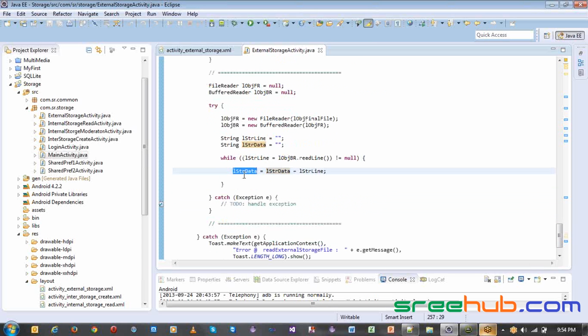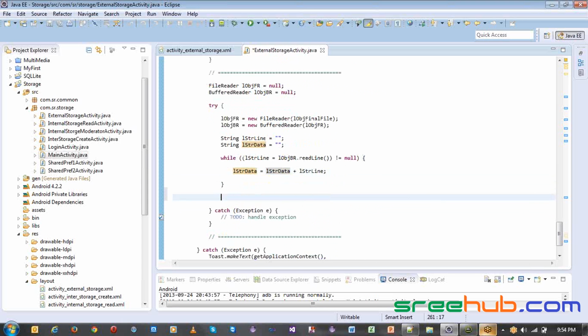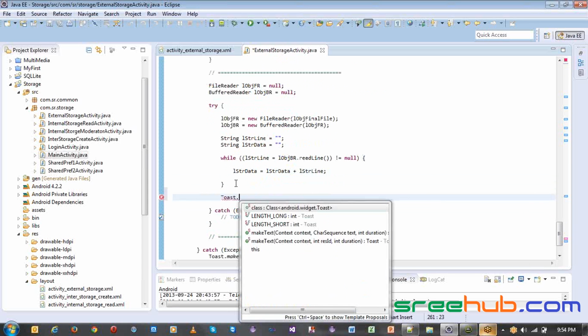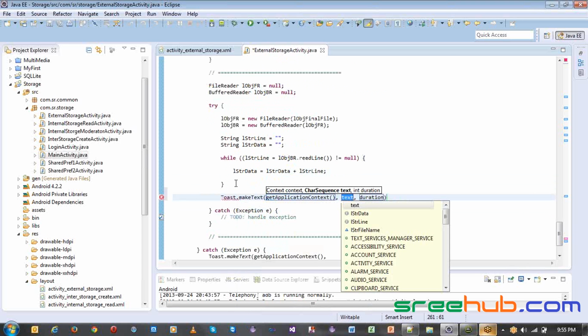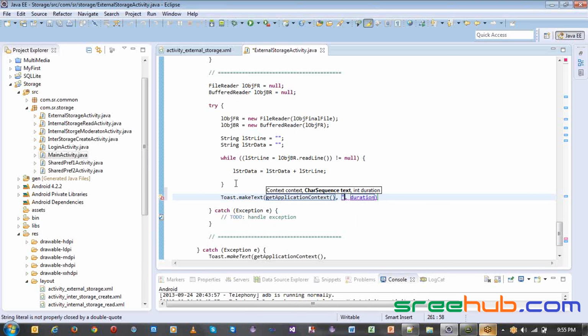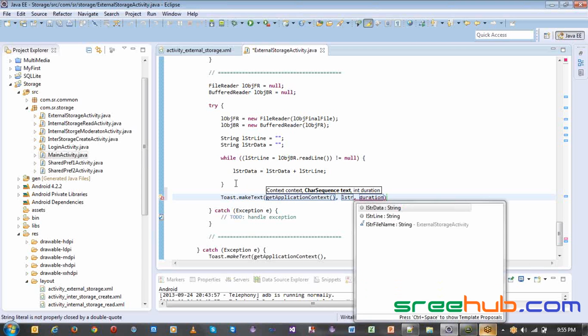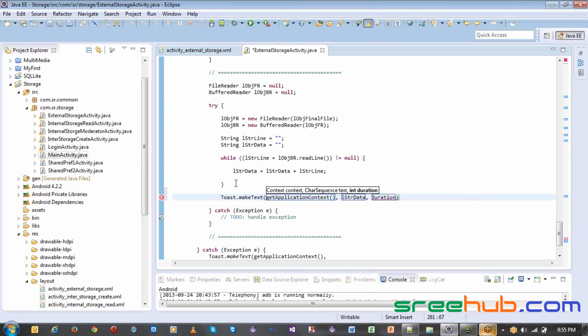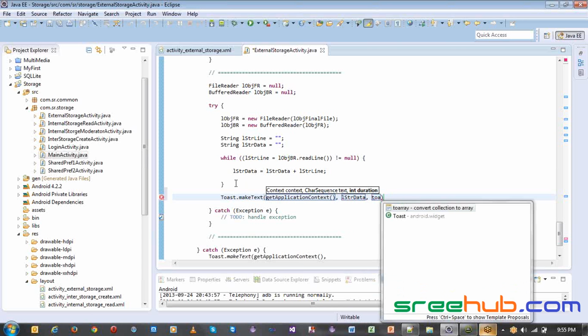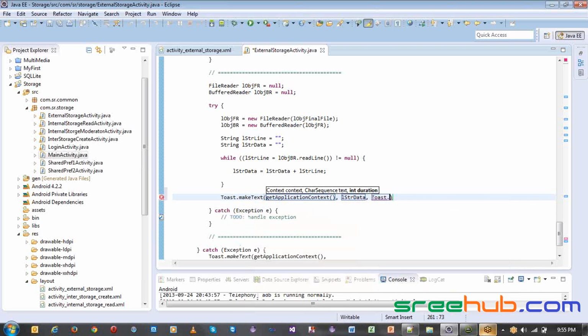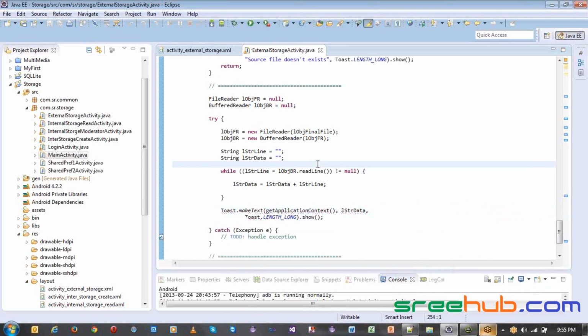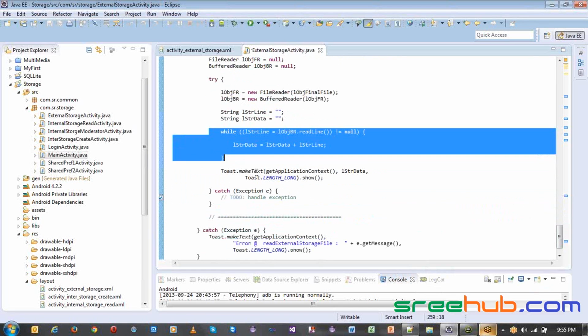Now once you get the complete data, then we'll just make a toast and show that in a toast. Make text, application context, and just say let's print the lstr data itself. And you have your toast dot show. Right. So this will actually give you the complete data what you have retrieved, and it will show in a